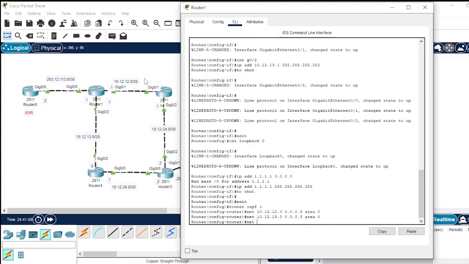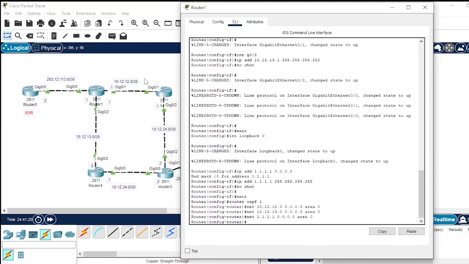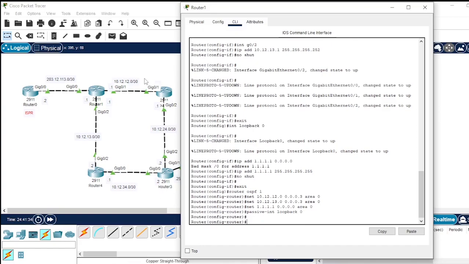Next network is our loopback interface, area 0, and next passive interface. Passive interface for our loopback address, loopback 0, and type default-information originate. Okay,